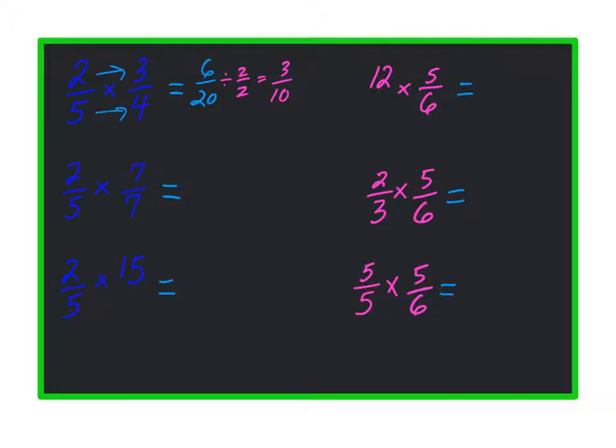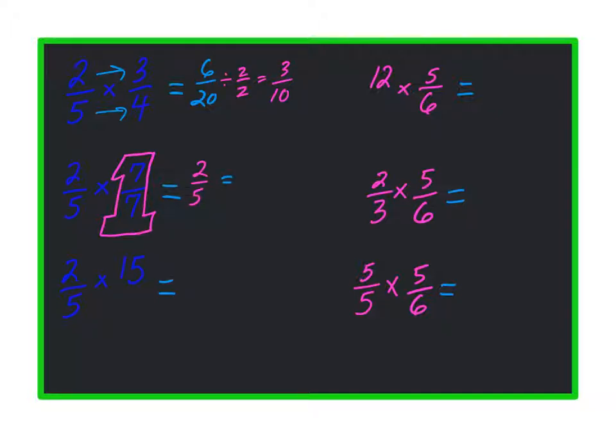My next one here, I have 2/5 times 7/7. Okay, before I multiply straight across, let's take a look at this. This 7/7 is another way to say 1. So rather than multiplying it out, I'm basically saying, what is 2/5 times 1? Well, I know it's going to be 2/5,